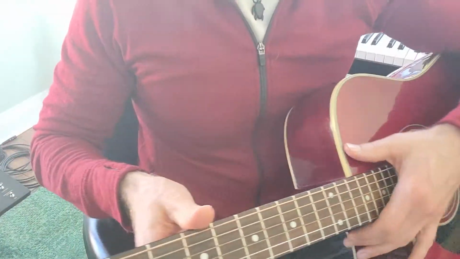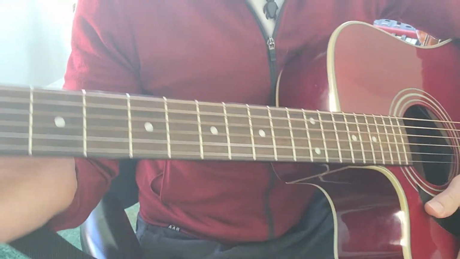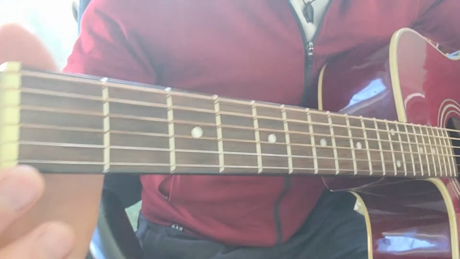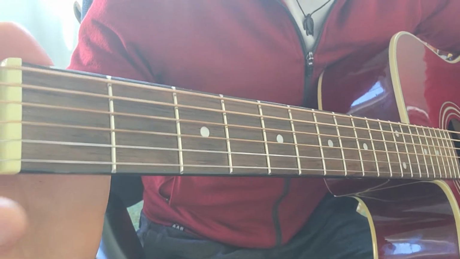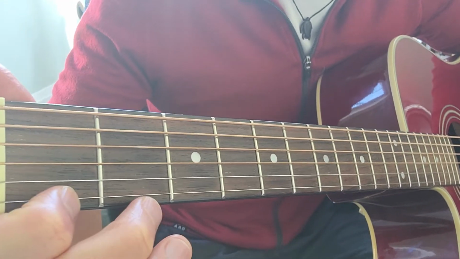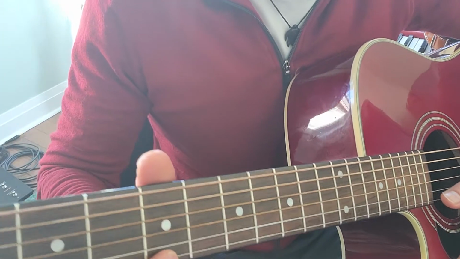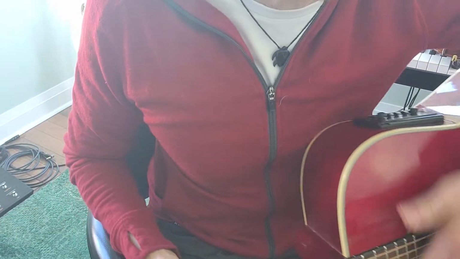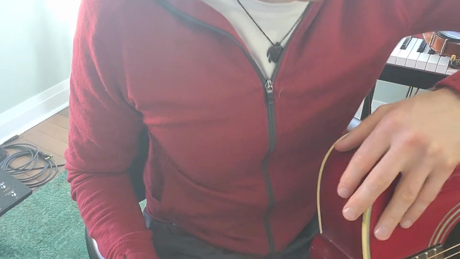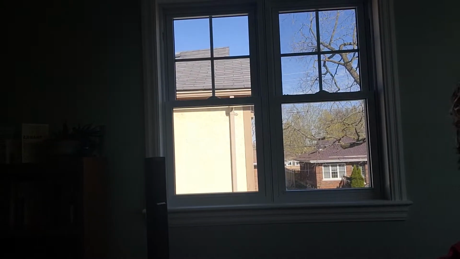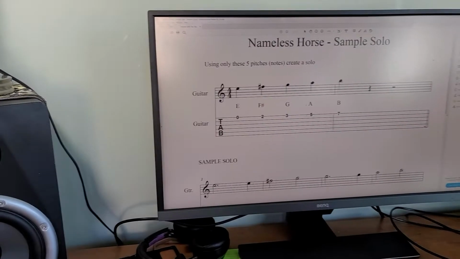So we'll look at the guitar here very briefly, and so I'm going to go to the little E string. This is 0, this would be 1, this would be 2, this would be 3, this would be 4, this would be 5. So the numbers represent the different frets. If we were to look at the tablature here, the Horse with No Name,